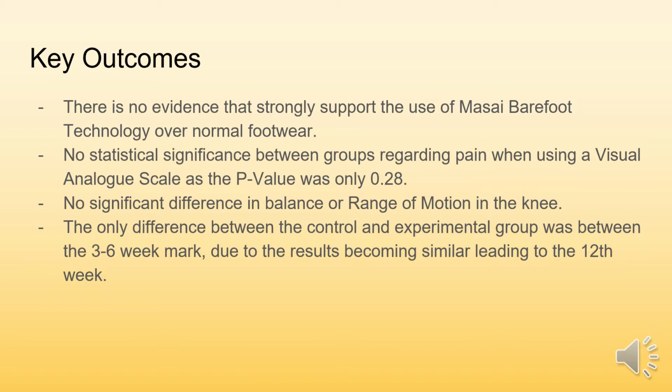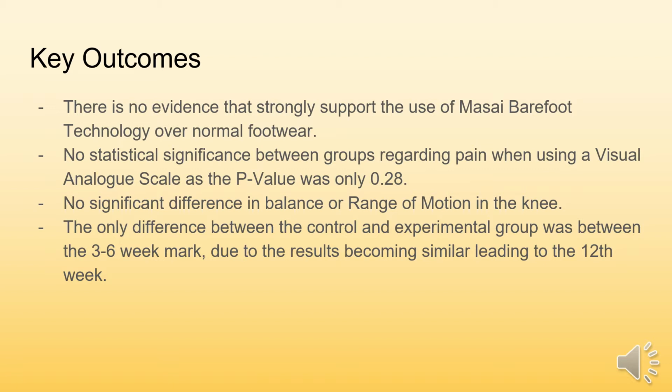Balance was reported as having no significant difference between groups when asked to stand with their eyes closed, as it states that a p-value of 0.076 at 12 weeks was measured. Range of motion within the knee, ankle and subtalar joint were measured over the 12 weeks and as a whole presented no statistically significant results at the end of the 12-week period. Knee flexion achieved a p-value of 0.79 and knee extension of 0.14, respectively. Plantar flexion in the ankle scored a p-value of 0.6 and dorsiflexion 0.32, leaving subtalar inversion 0.6 and subtalar eversion 0.93, respectively.